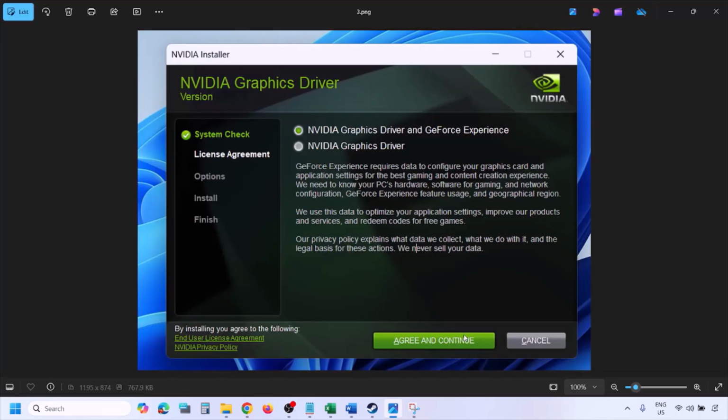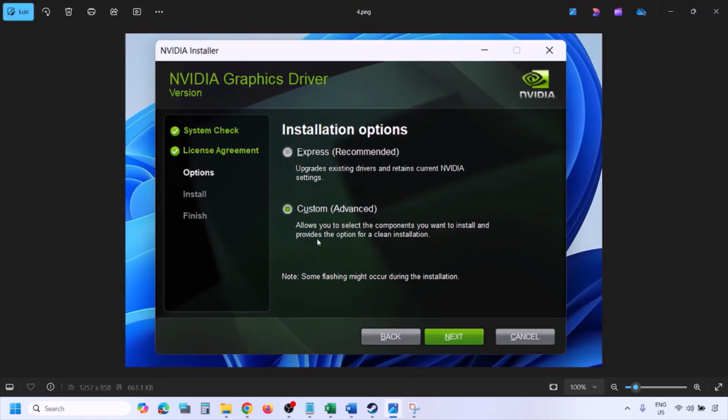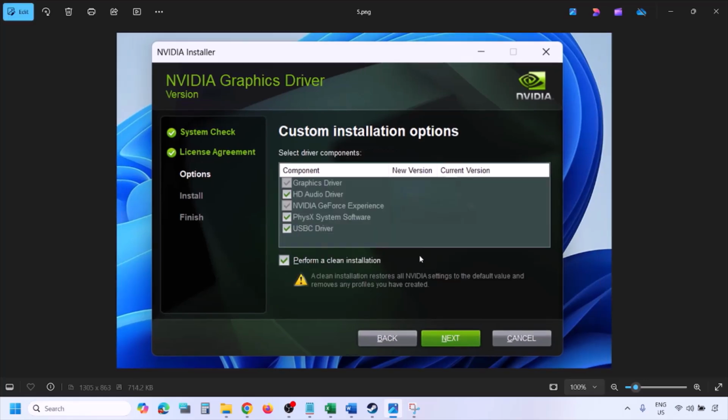Click on agree and continue, and then select custom option over here. By default express would be selected. Select custom and then click on next, and then you will see this screen. Now put a check on the box which says perform a clean installation. Make sure you put a check on perform a clean installation and then click on next and let the installation